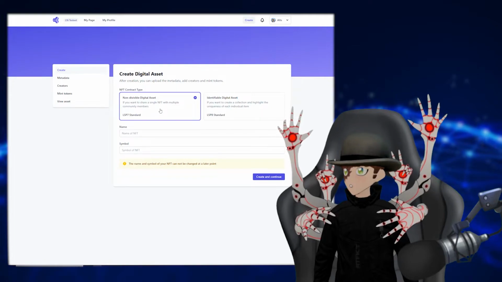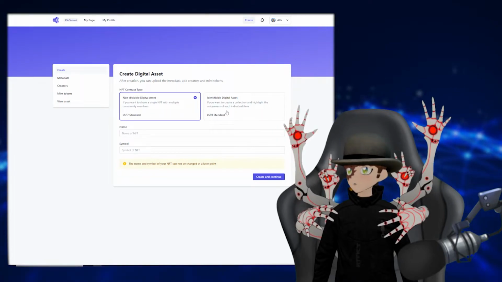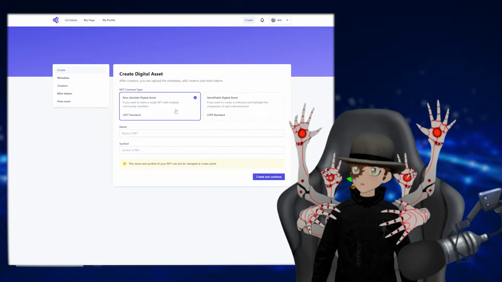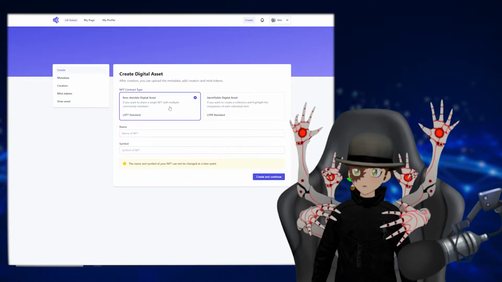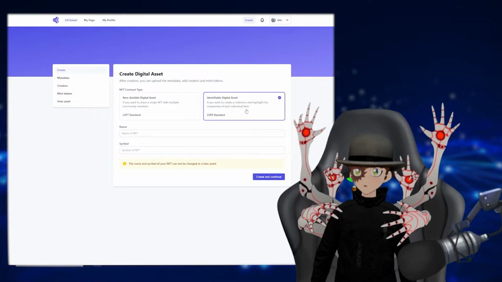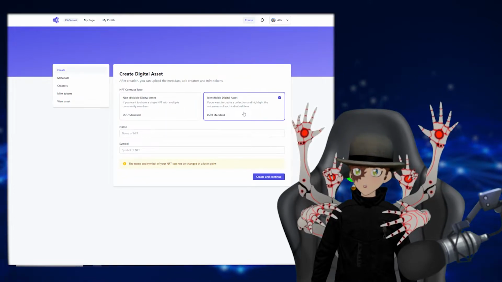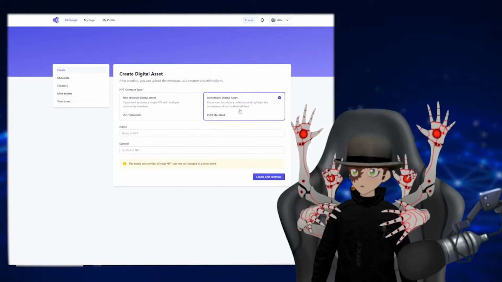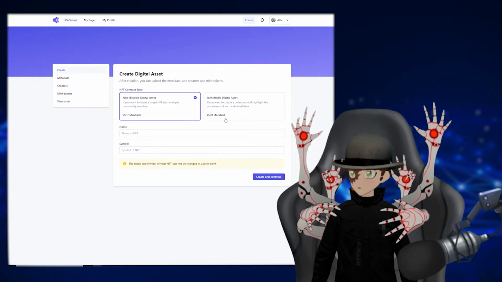Okay, so this is cool. So if you want to share a single NFT with multiple community members, I still need to learn my standards exactly. I'm thinking this would be more like maybe the DAO voting token, and this would be more like a PFP NFT collection. So one awesome thing to note about LSP, which is, actually we'll do this one, but with